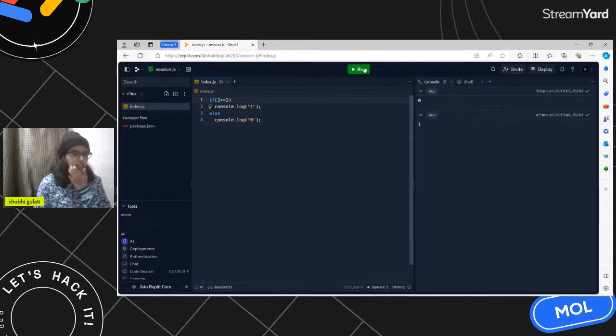Now 3 is greater than or equal to 3, so the answer is true. Because of that, the answer has been printed as 1. Now if I use this,